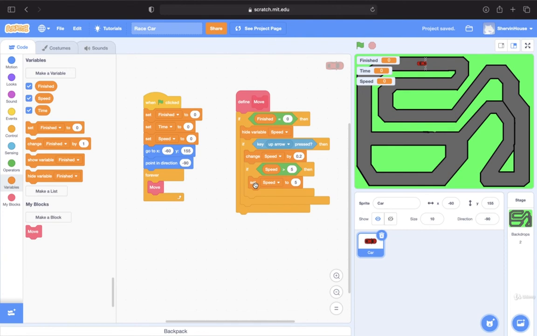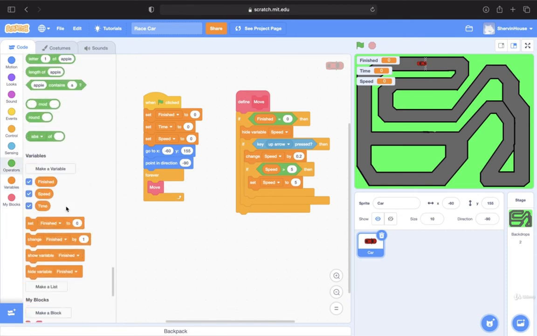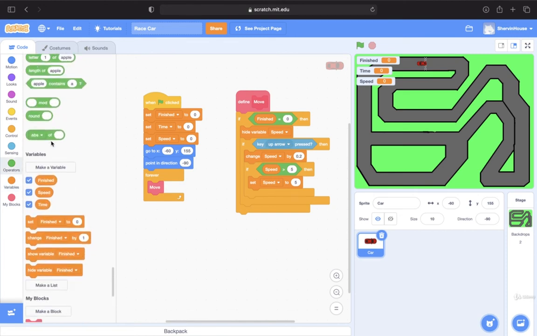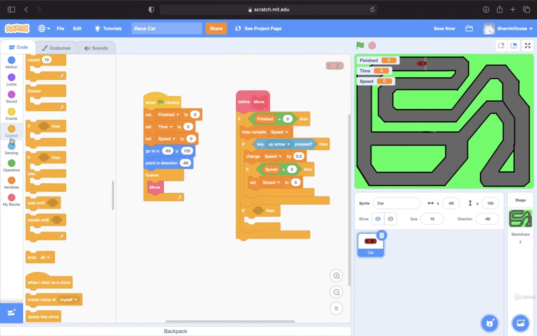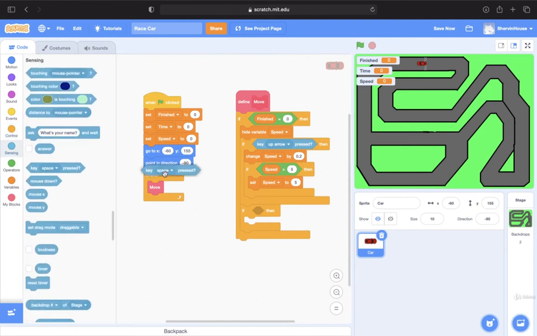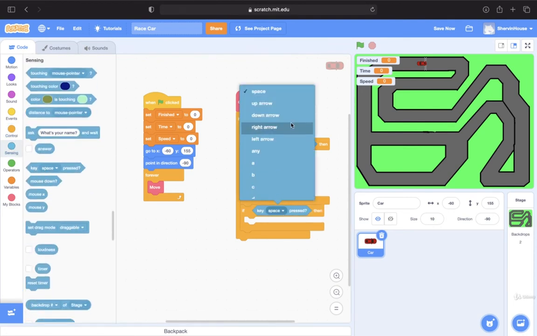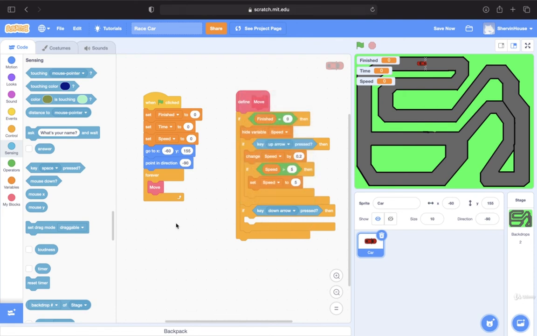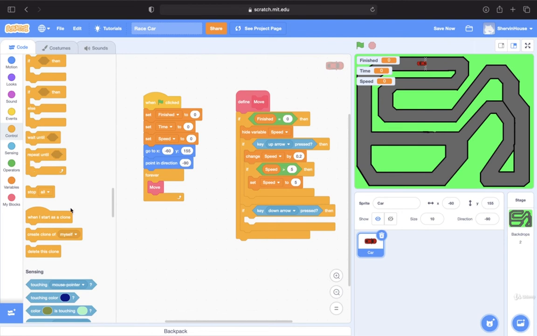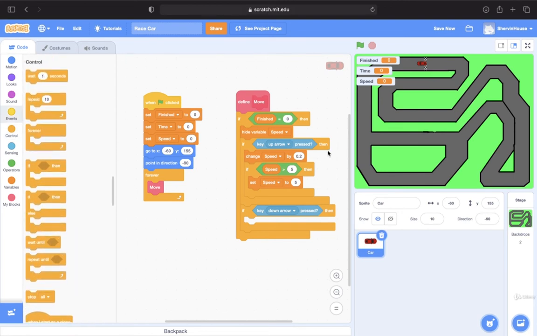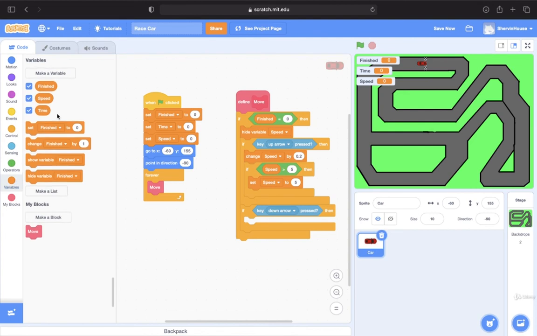All right. Now, how about the down key? If the down key is pressed, we want to make sure we start slowing down, right? So let's do the down key as well. So the same thing we had over there. And we say, hey, if we press the down arrow, then change the speed, but this time by a negative number. And we also want to make sure the negative number is actually more than we have over there, because